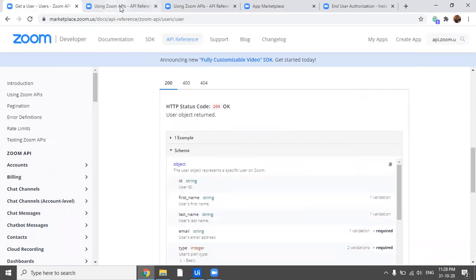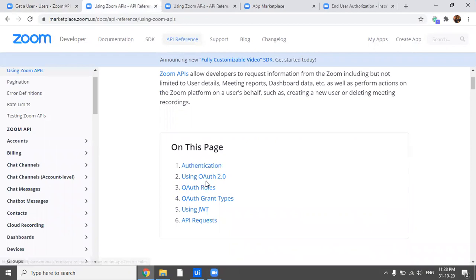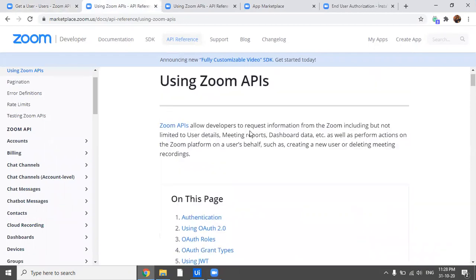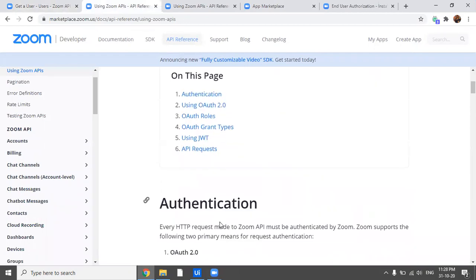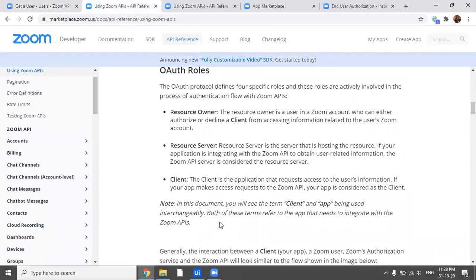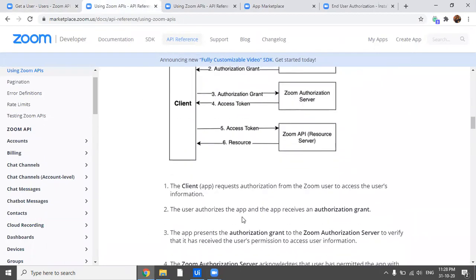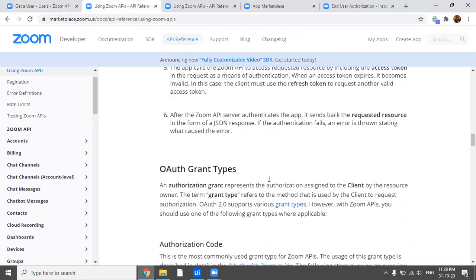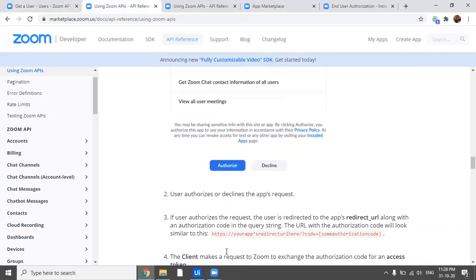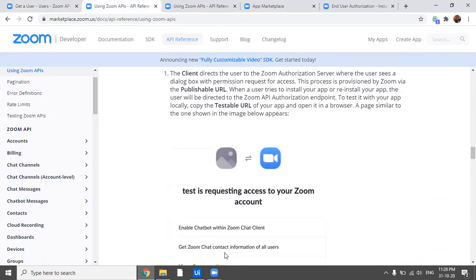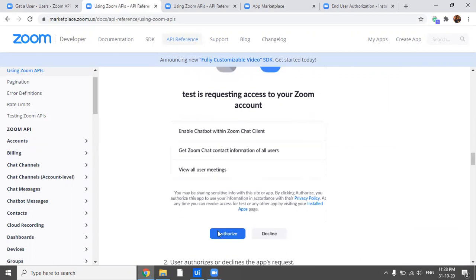Also to add, whether you have to go with OAuth or with JWT, and whichever you choose, how you will be authenticating is also given in a very clear way here in the documentation. When you do this authentication now, you'll get this pop-up here.